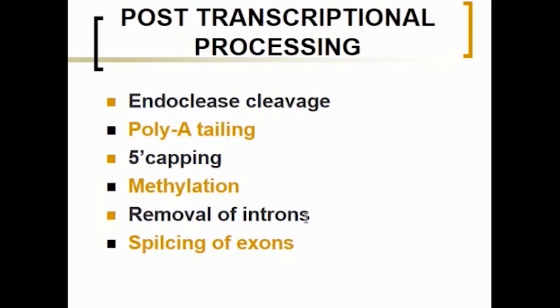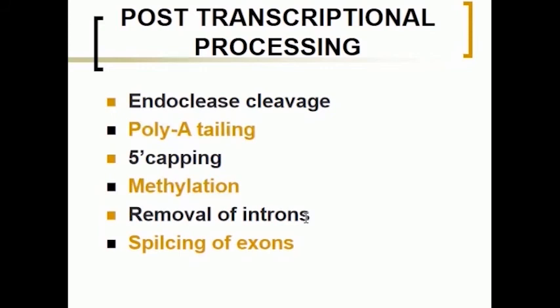Then elongation of the RNA strand is based on the base pairing rule, so new strands are synthesized. And finally, termination. Termination is of two types: rho dependent and rho independent. In rho dependent termination, a protein called the rho factor goes and binds to the two strands of the DNA and prevents further movement of RNA polymerase. Since it is preventing the movement of RNA polymerase, the RNA polymerase gets detached from the DNA, and the RNA which is synthesized also gets detached from the DNA. So the RNA is released.